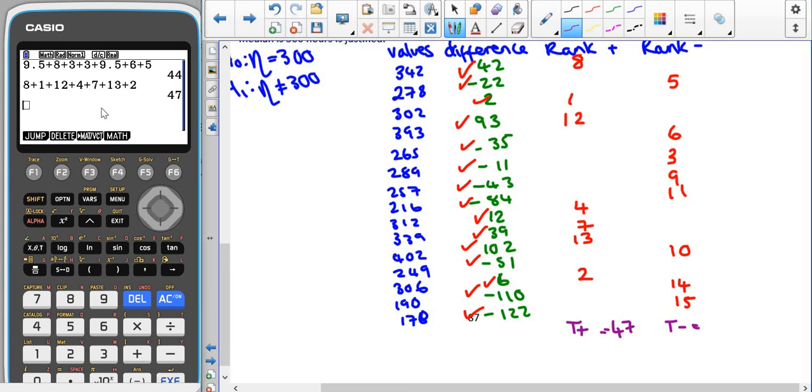And then 5, 6, 3, 9, 11, 10, 14, 15. That gives me 73. If you think about that formula that I told you about on the critical value page,